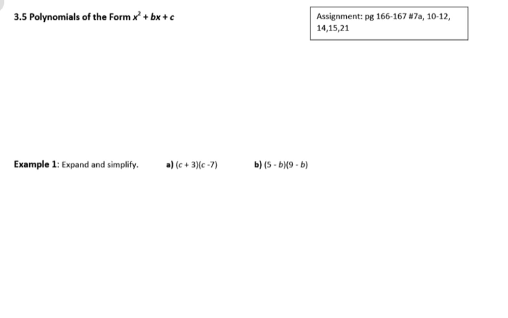Hi everybody. Today we're going to be looking at section 3.5, and so this is looking at polynomials that take the form of x squared plus bx plus c, and basically what that means is there's just going to be an x squared term, a term with an x, and then a constant term of c. Okay, so building off of what we did today in class,